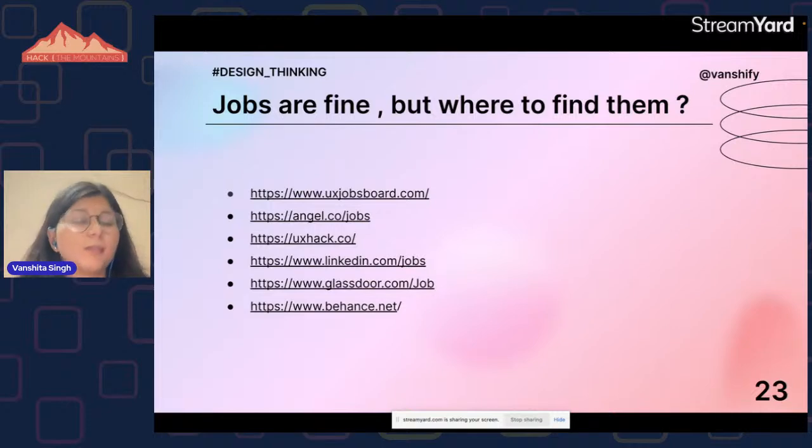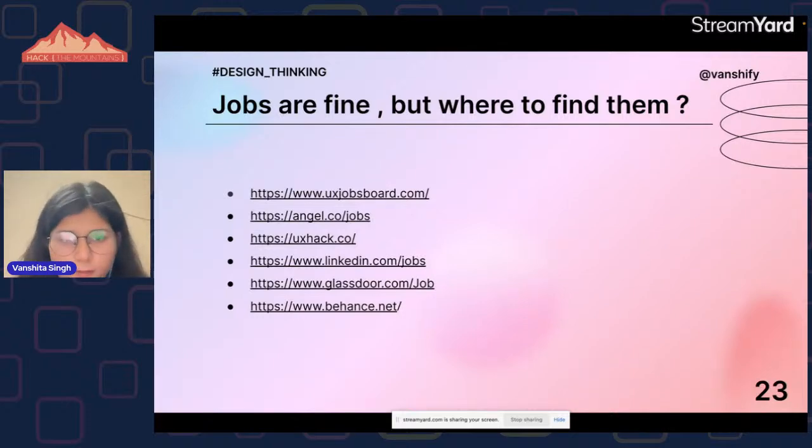There are multiple out there, but I have mentioned some famous ones that you can go and apply to, and you will obviously get results because I have done the same. So the UX job boards: Angel.co, as you know, Angel List, and UX Hack is also a platform. It offers full-time, internship, and contract work, that is freelance, for UI UX design.